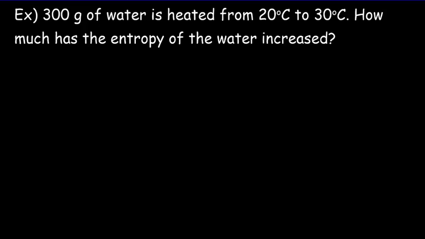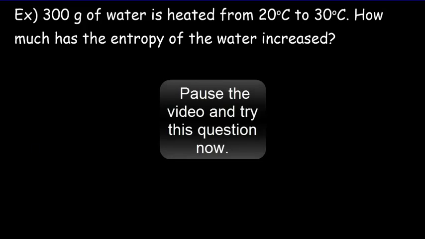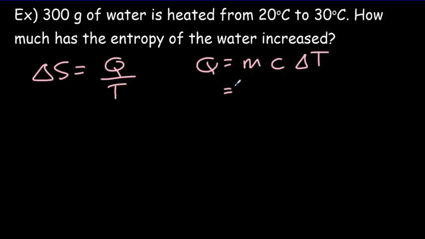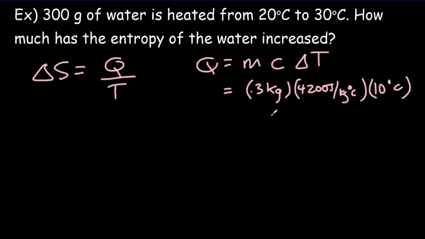Okay, let's try a calculation using that equation. Pause the video, try the question, come back for the answer. So we're trying to calculate that change in entropy. It's supposed to equal the heat added divided by the temperature. Temperature's got to be in Kelvin. Let's calculate the heat added from thermodynamics. We know that that will equal the mass times the specific heat capacity times the change in temperature. Make sure you're using MKS units. The mass would be 0.3 kilograms. Specific heat capacity of water, 4,200 joules per kilogram degrees Celsius. And our change in temperature, remember, change in temperature is the same in Celsius or Kelvin, so that's going to be 10, let's say, degrees Celsius. Multiply that out, and you should get